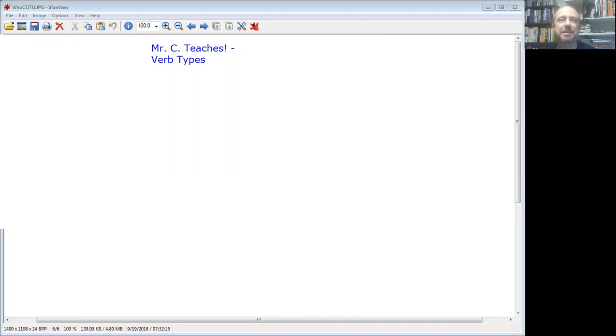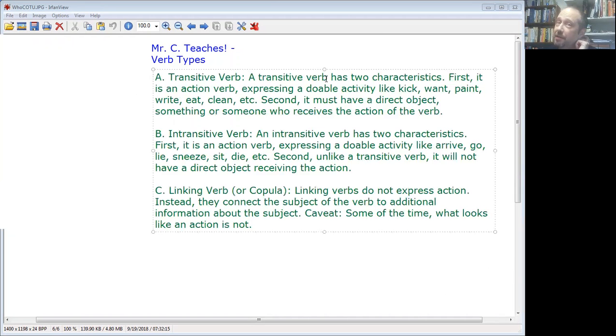Verb types. Outstanding. So before I teach verb types, I guess I should, through the magic of cut and paste, put some definitions up here on the screen. And so here we go. Through the magic of cut and paste, abracadabra, poof, some definitions. Now you notice these are a little bit long, but that's okay. We can handle that. The first type of verb that we're going to concern ourselves with in this video is